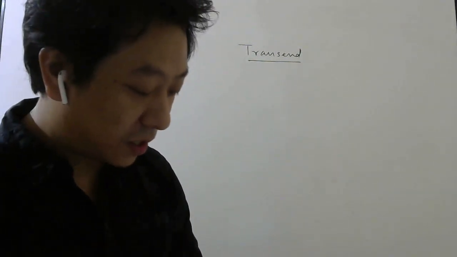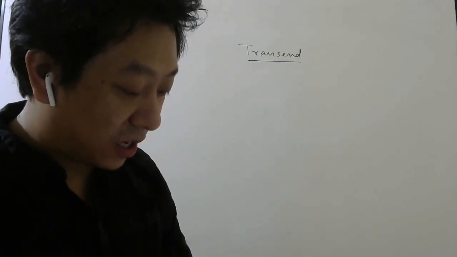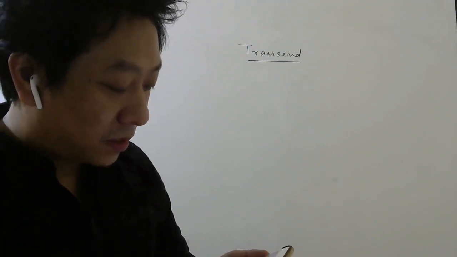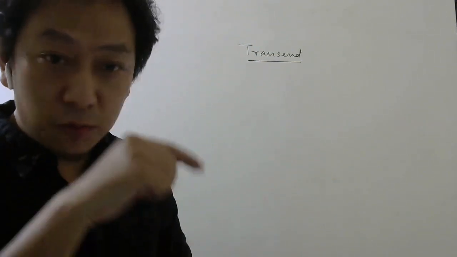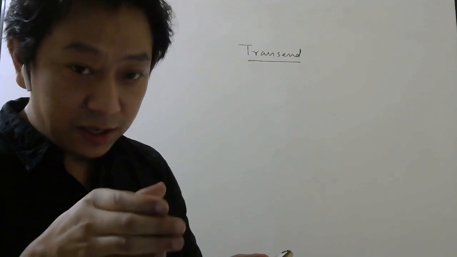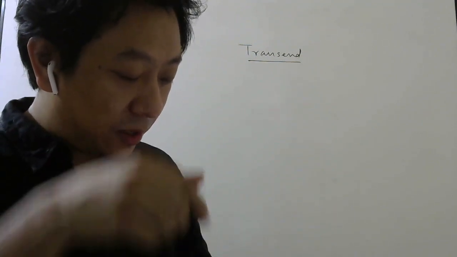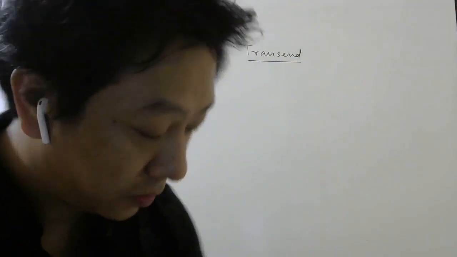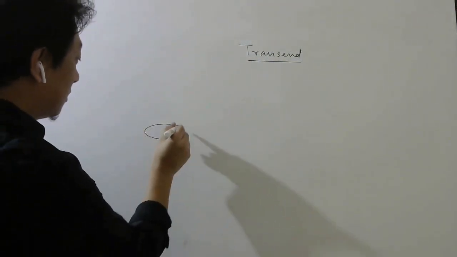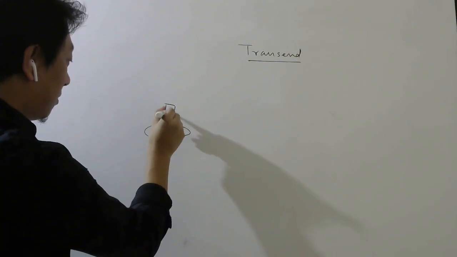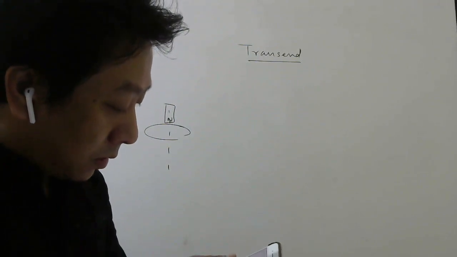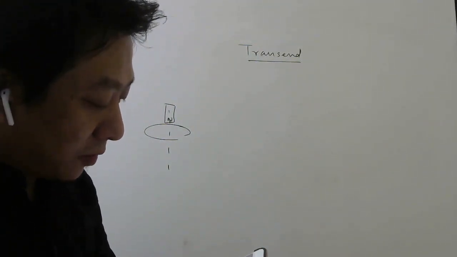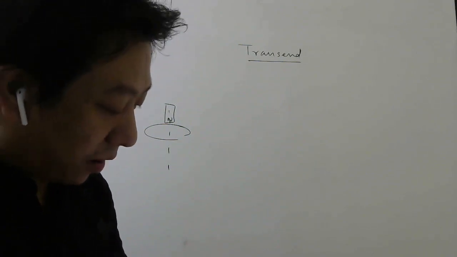Fifth question we have already discussed. A copper ring having a cut, such as not to form a complete loop. Because there is a cut, it won't be a complete loop. It is held horizontally and a bar magnet is dropped through the ring. So if this is your ring, there is a cut, and a bar magnet is dropped vertically. They are asking about the acceleration of the falling magnet: will it be g, less than g, more than g, or equal to 0?